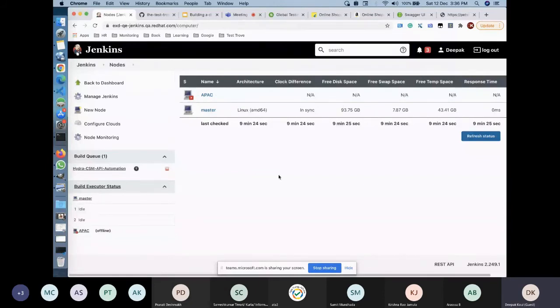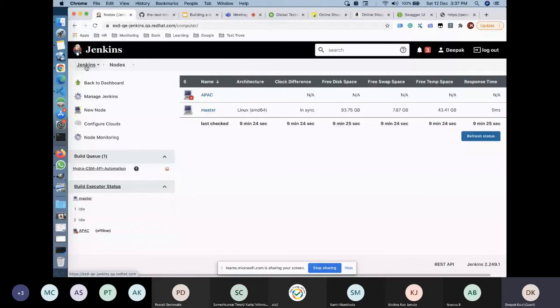So my master Jenkins is hosted in India, and I added this APAC node, which is not yet connected because that VM might be down. I added this APAC node in China because that is where I am focusing right now, because we have seen some problems with the application performance in China. So once I restart my APAC VM, it will show green here, and then I can run my builds.